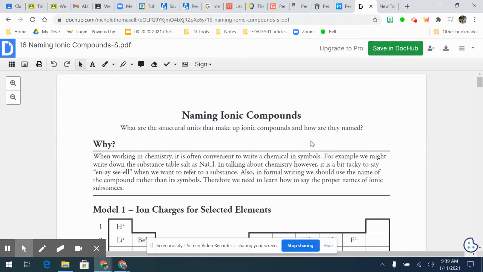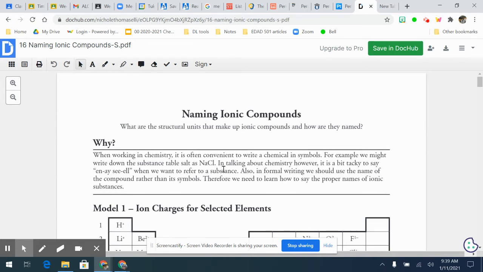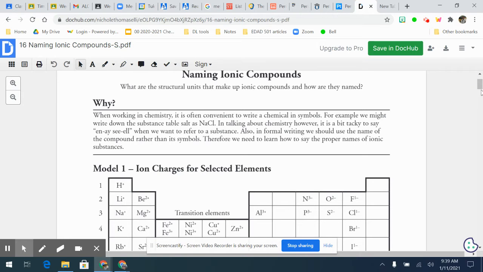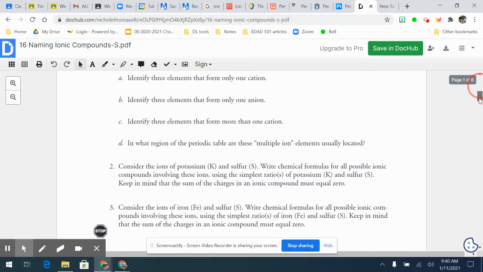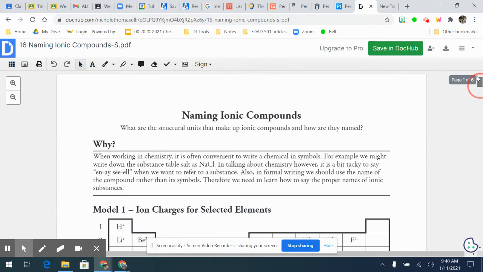Good morning, everybody. All right, so this morning we're going to be working on an assignment called Naming Ionic Compounds. And this assignment is pretty long, so this is essentially all we're going to be doing this week. This is a POGIL exercise, which stands for Process-Oriented Inquiry Guided Learning,